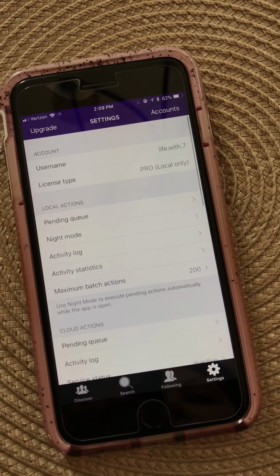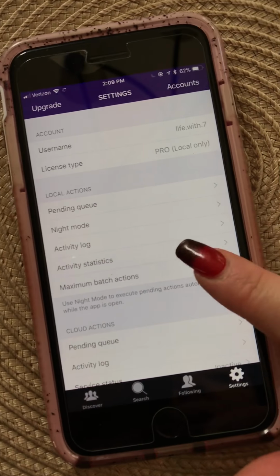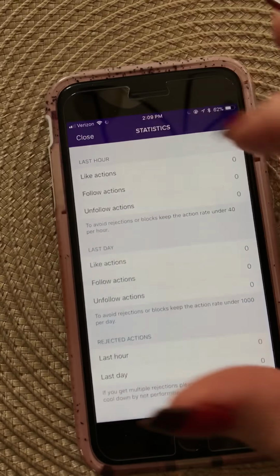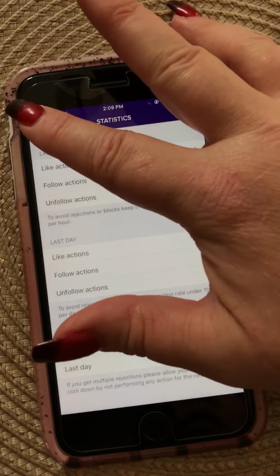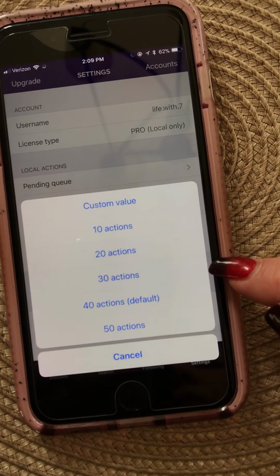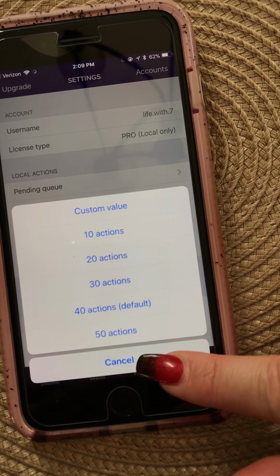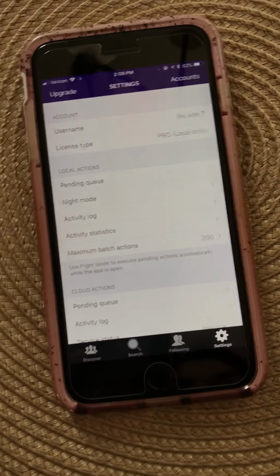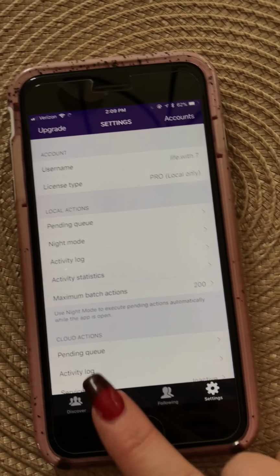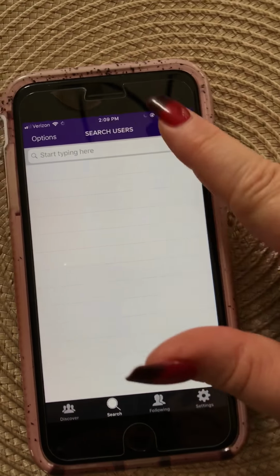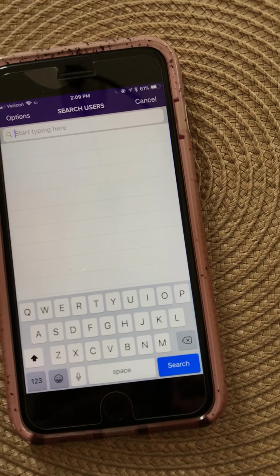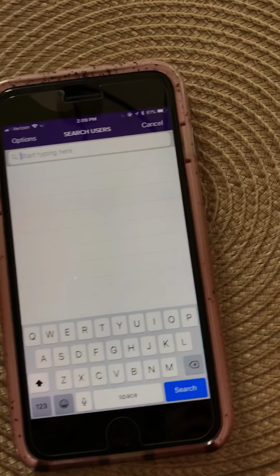And also you can change your settings. I have mine set at the max, which is 200, but you can change it down to 50. If you're going to follow more often, I would go 50, but I have mine set at 200 because I only do it a couple times a day. So anyway, when you go to the search, you can search literally anything, and it's going to populate that name. So if you searched,